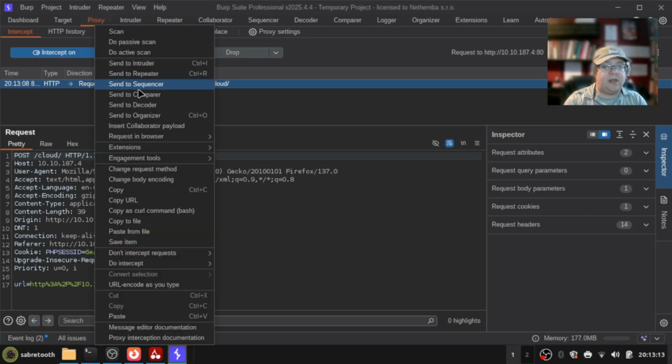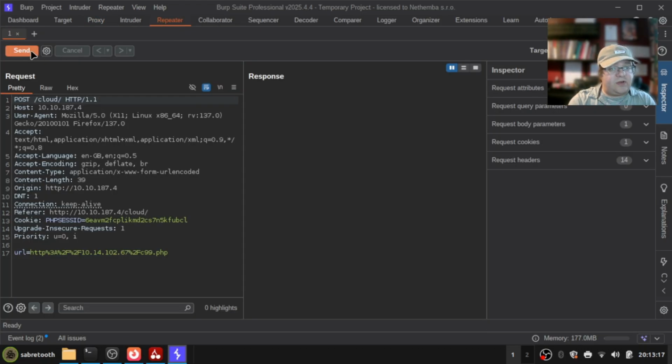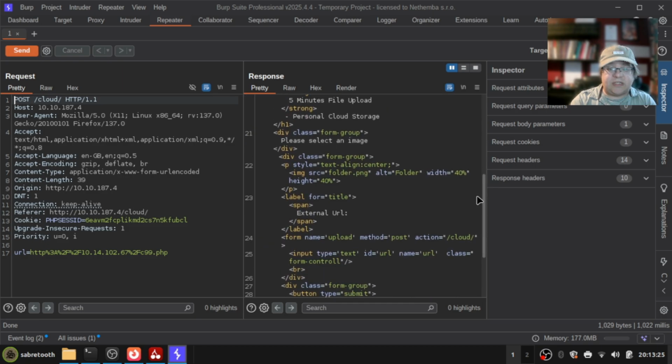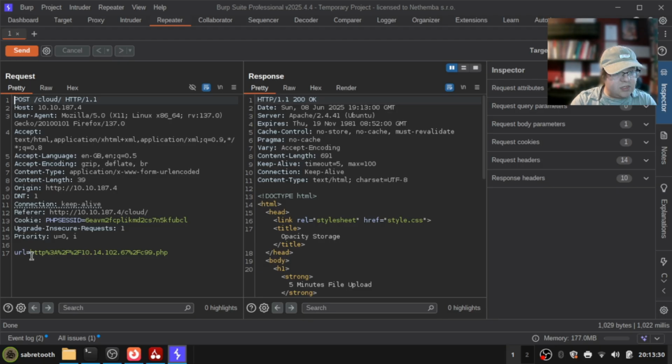There we go, it's more like it. Send that to the repeater and we'll let that go. So if we do this, we can see the response, which says, please select an image. Okay, so there's our web address,